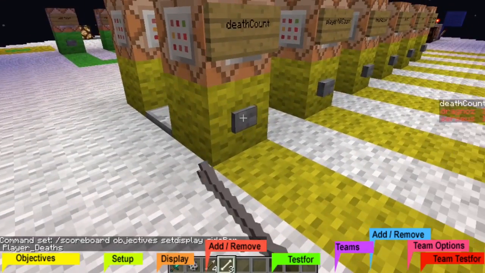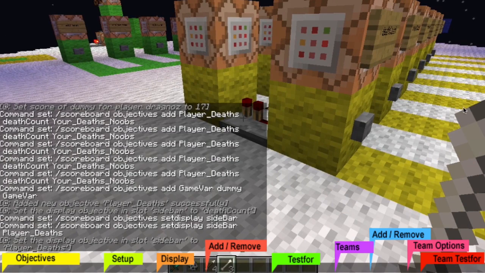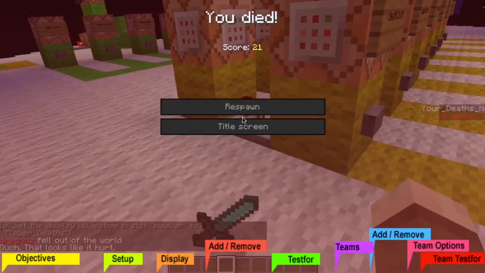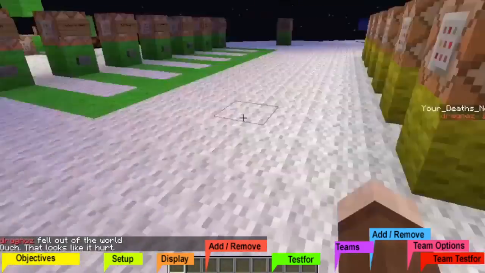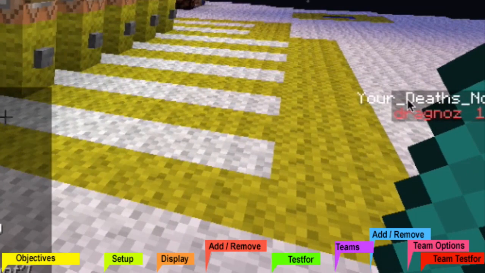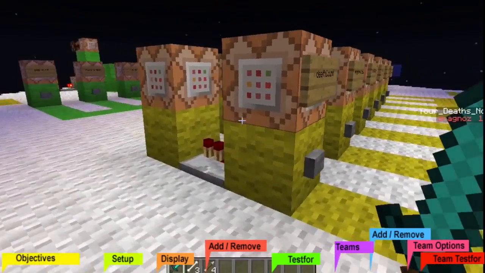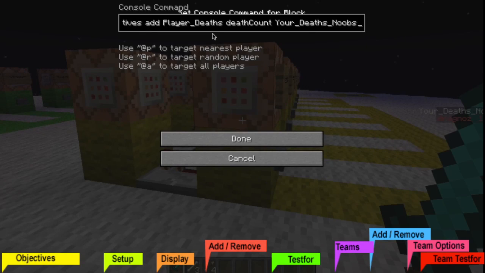So if I hit this button, I should now see it on the right hand side when I die. So let me just do a kill. There we go, respawn. And this should now actually explain to you how this works as well, because now you'll see your death, noob Dragnos 1. Okay, so this is the friendly display name,